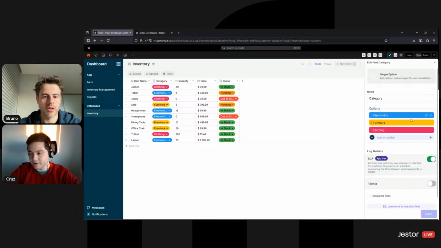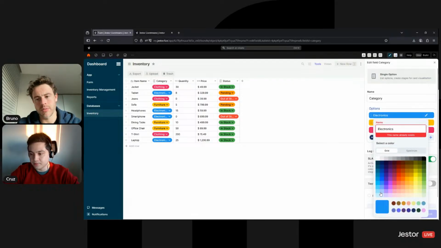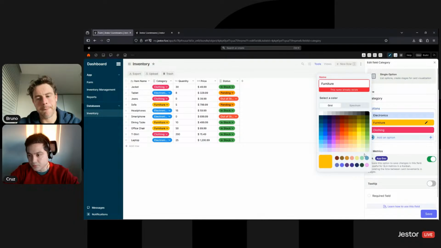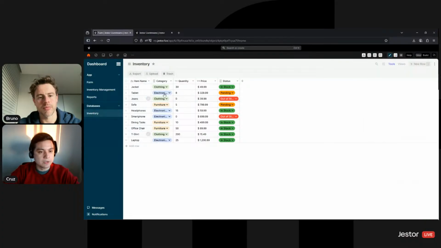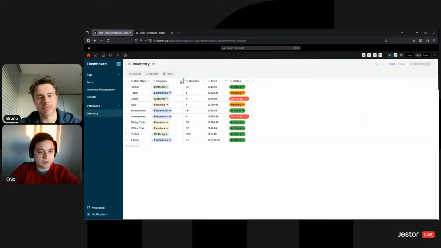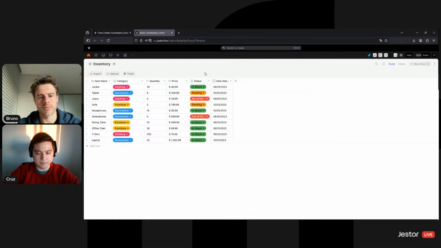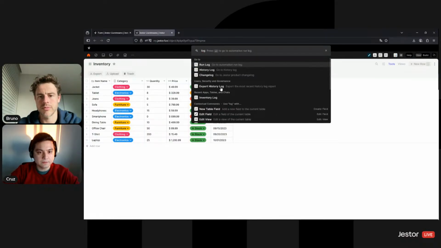So I'm just going to change the colors here to some more standard colors and a little bit smoother. I wouldn't have to do this, but okay. So I have clothing, electronics, and furniture, and I think those are all the categories that I have right now. So what I'm going to do is go to the inventory log table